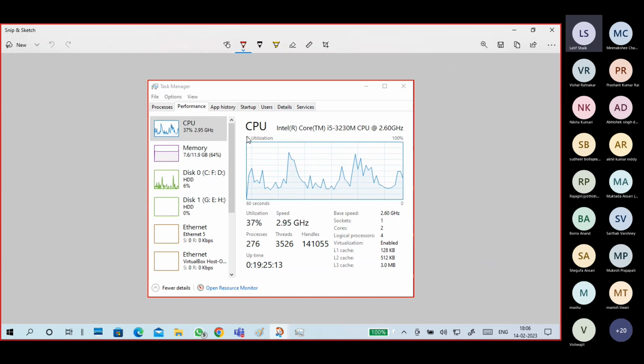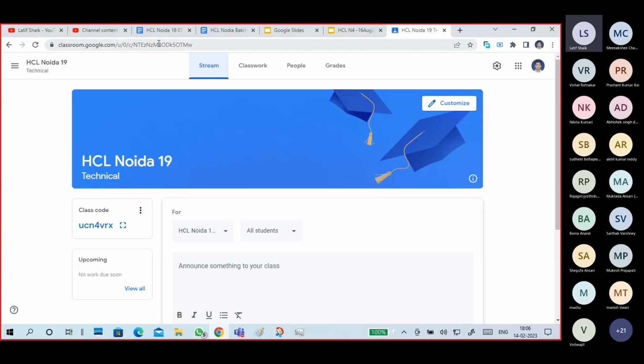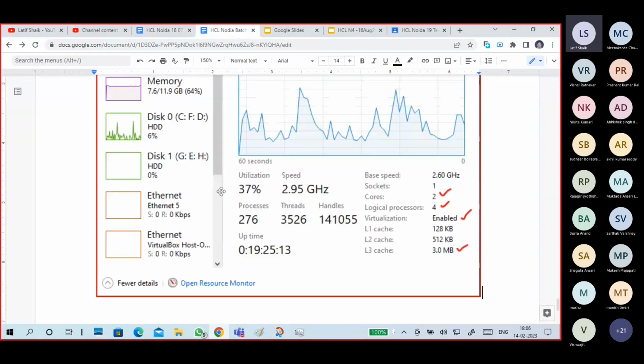In Task Manager, Performance, CPU, this is my CPU information. See, i5 Intel processor, 3230M model, 2.6 GHz. It is a 2-core processor with 4 logical processors, virtualization is enabled, and the L3 cache is 3 MB. This is the information we are getting, and you can also see CPU utilization from there. The first one is for the CPU.